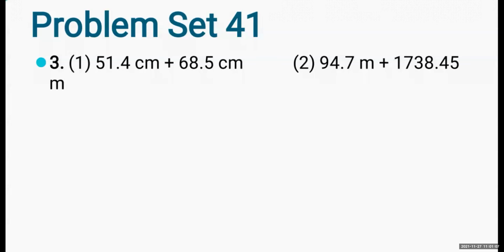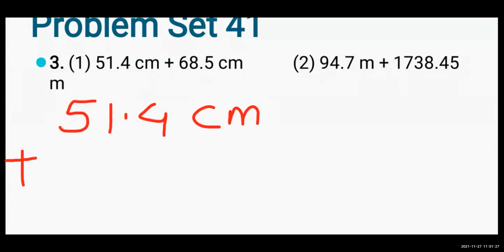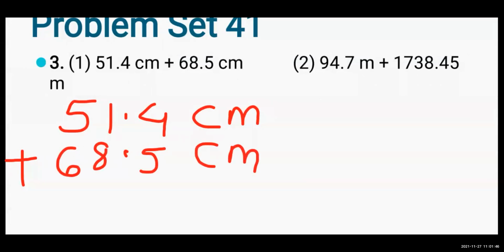See, the first question is given as 51.4 centimeters. See what I told? Only the changes are about centimeter and rupees. So 51.4 centimeter you will write, plus you will write as it is, then point under point. Before the point is given 8 and 6, after the point is given 5, and next you have to write centimeter.